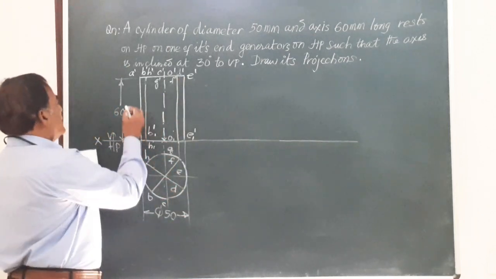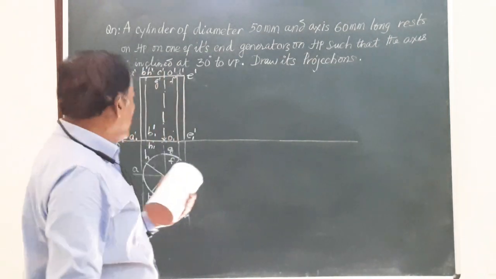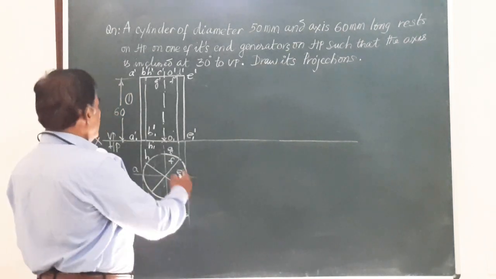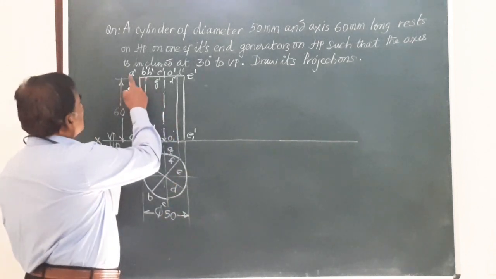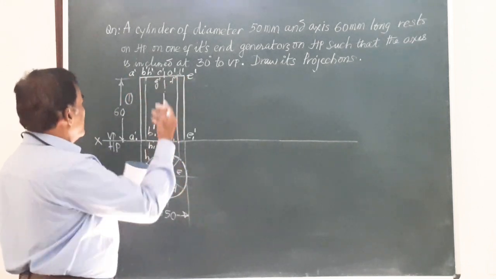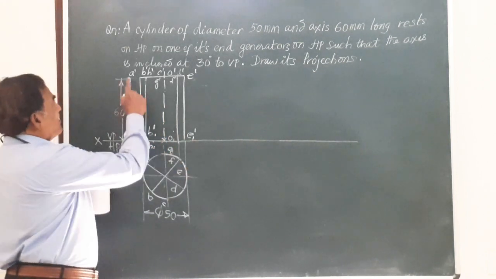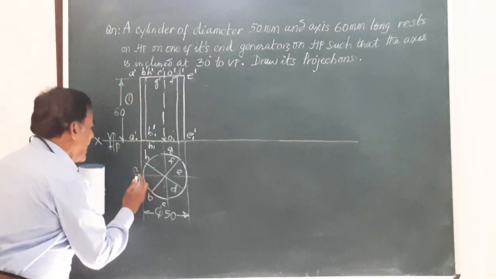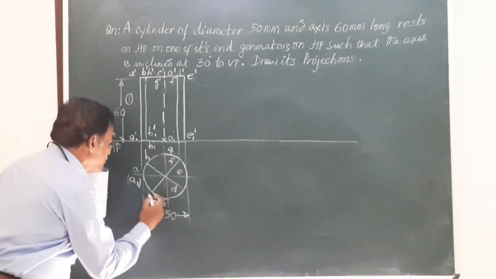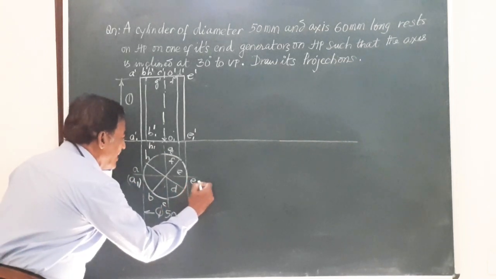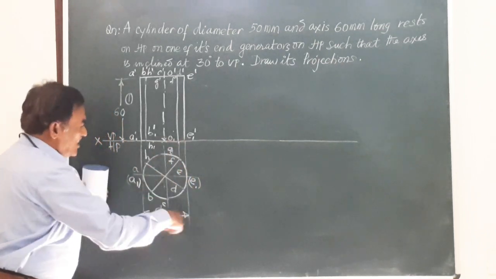Now friends, if you call this figure number 1, in figure number 1 we have the top and front views of the cylinder, and the cylinder is divided into 8 equal parts. Now I have marked this A dash, B dash, etc. for the top face. Similarly for the bottom face. Since A1 dash, B1 dash, etc. are covered by A dash, B dash, etc., I am going to mark double marking here. So under A I just mark A1 inside the bracket. Similarly E, I am going to mark E1, and G, G1, F, F1, and so on.